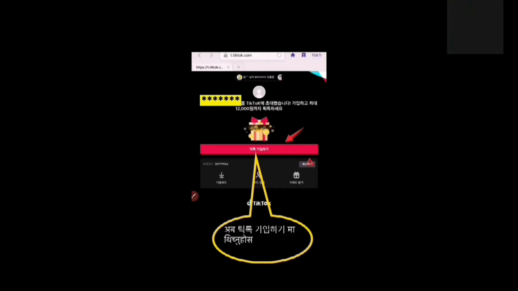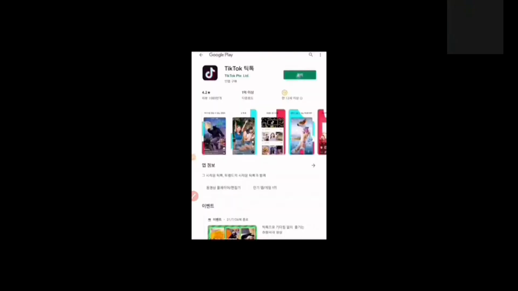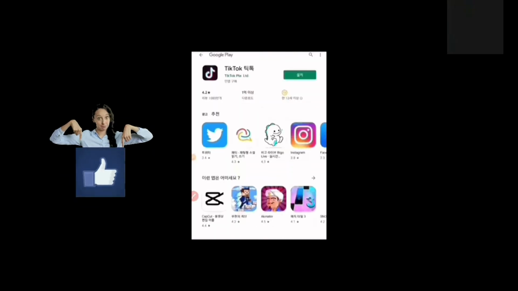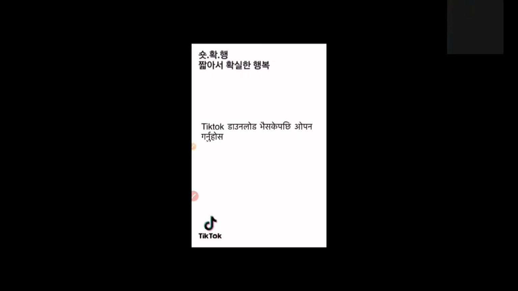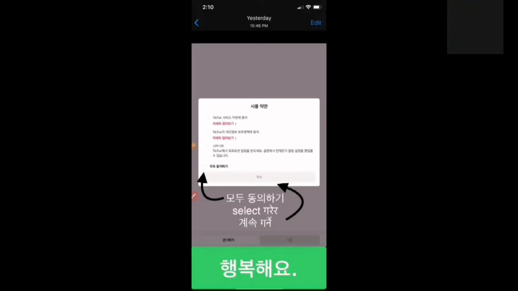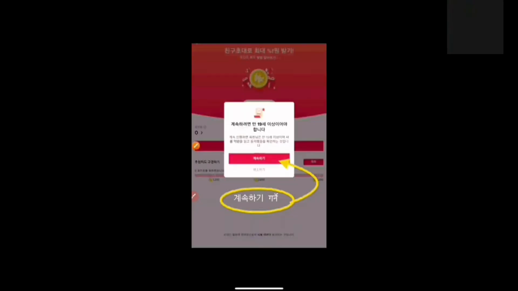Copy it through Oksahagi and click on TikTok Hypehagi. Then the process will direct you towards Play Store or App Store. Download it and open the application. Then agree to all terms and conditions and click next. Again click next or Kesokhagi. Then